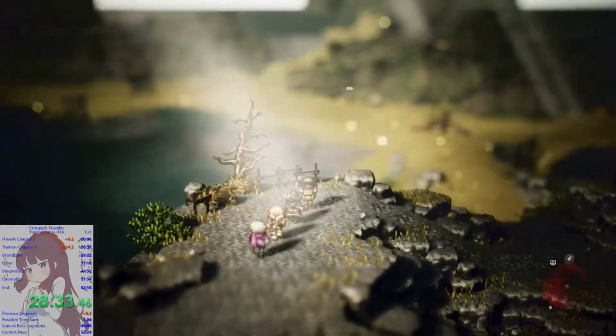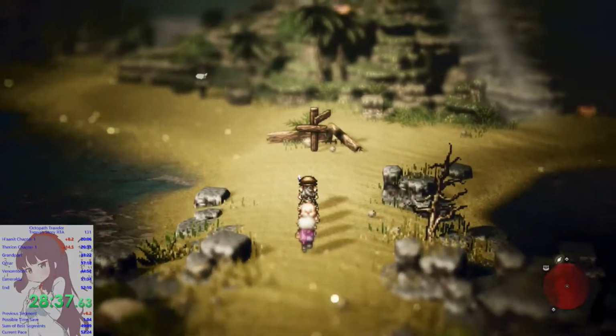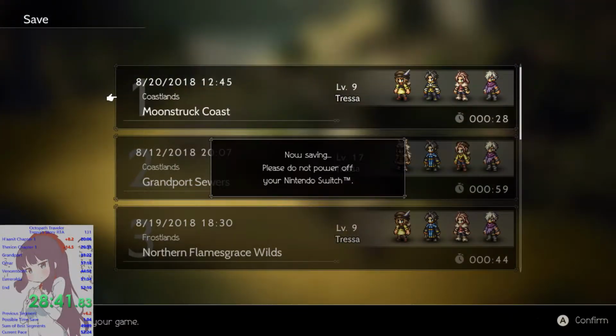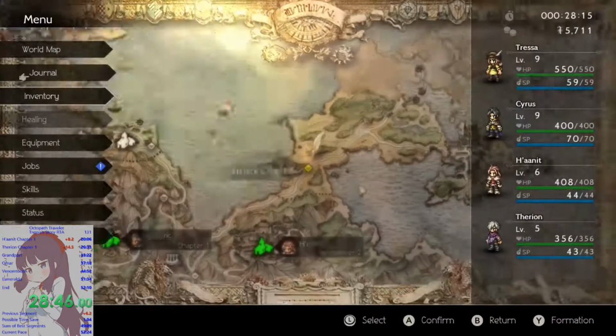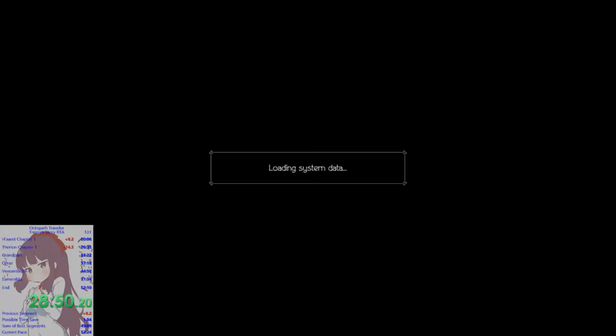Now here we do our first save reload. A save reload is basically manipulating the RNG. Not really. That's a really bad way. It's manipulating the step counter. So we save and reload, and our step counter is reset to the beginning of whatever. So we can basically go somewhere and try to avoid an encounter. You'll see a few more save reloads